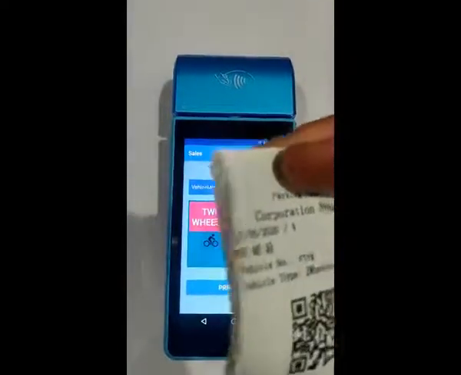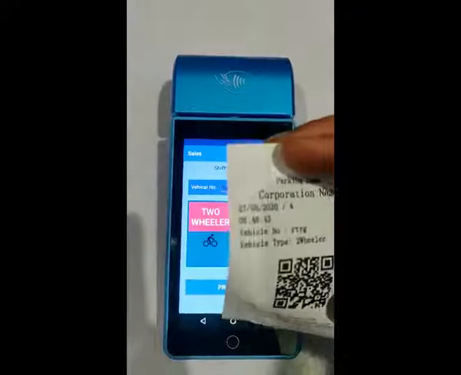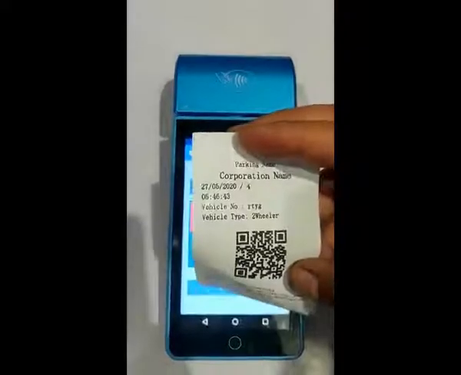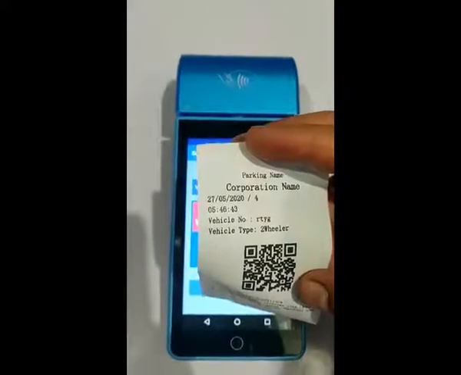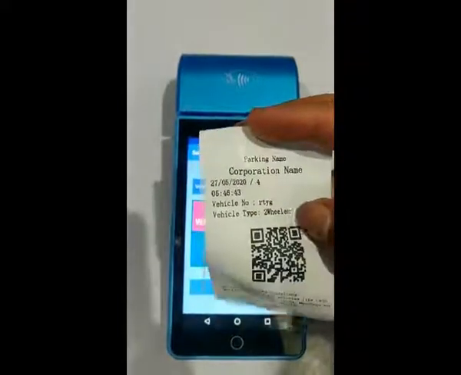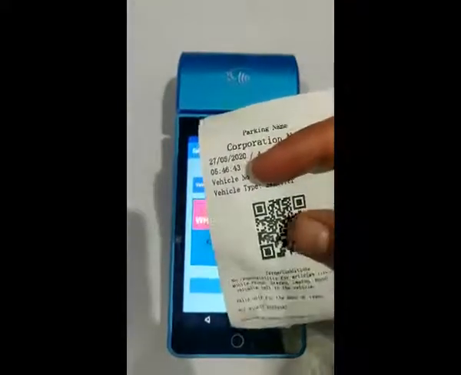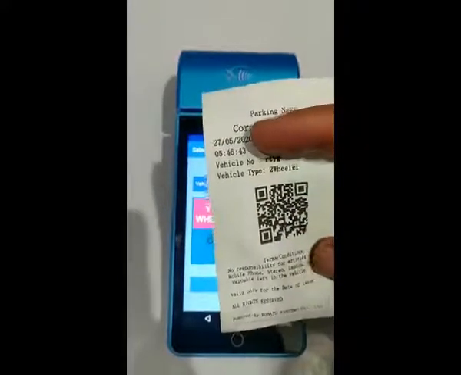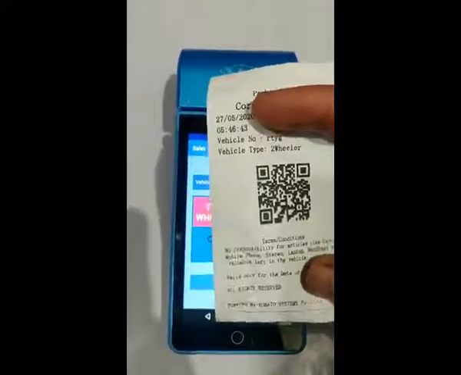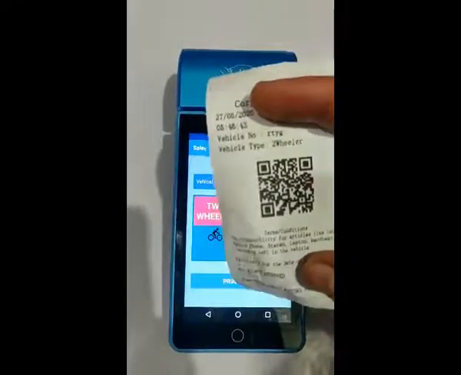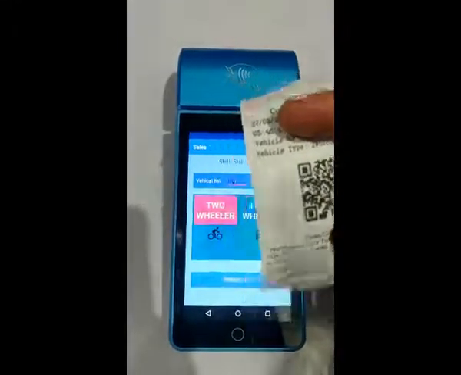This is the ticket of the two-wheeler, where you can see the complete information of the parking: in time, date, vehicle number, vehicle type, it's a two-wheeler, and this is the unique QR code for each and every vehicle inside the parking. The rest of the information is optional. It's up to the parking management whether they want to print it or not.